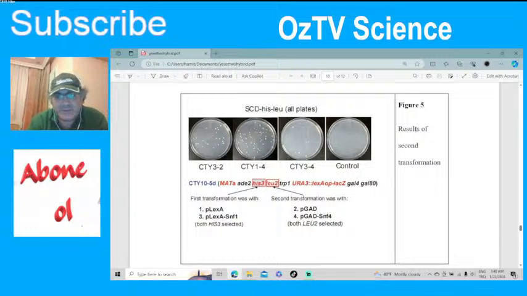Again, results of the second transformation. Here is the first plasmid, again showing the plasmids. We did a second transformation. You have one plasmid and then you put another plasmid, which makes it very challenging. So the first plasmid was selected with his, the second plasmid was selected with leu, so when you put in the second plasmid,